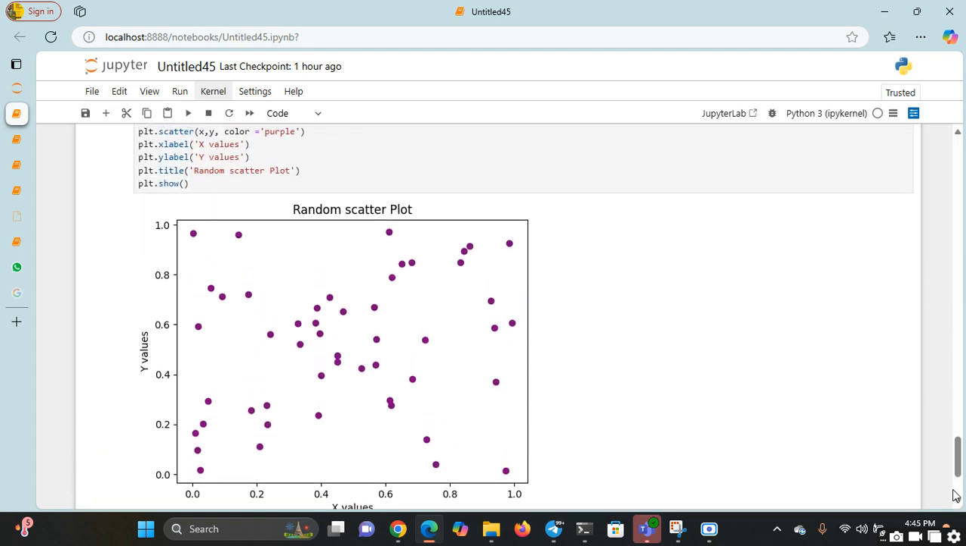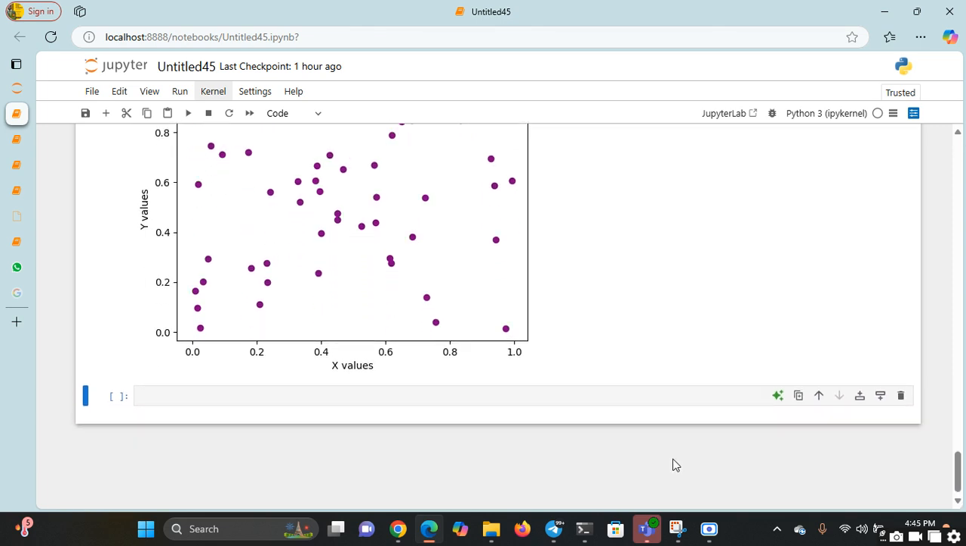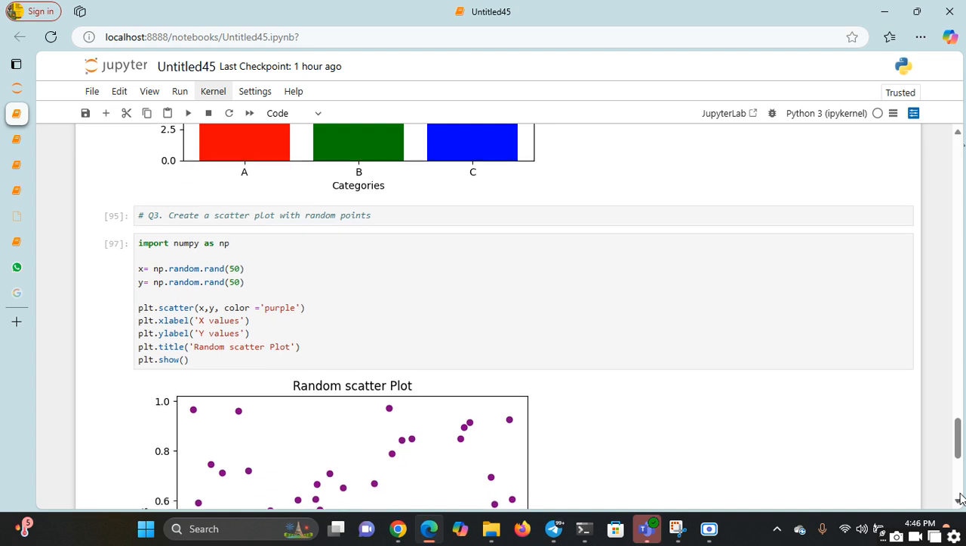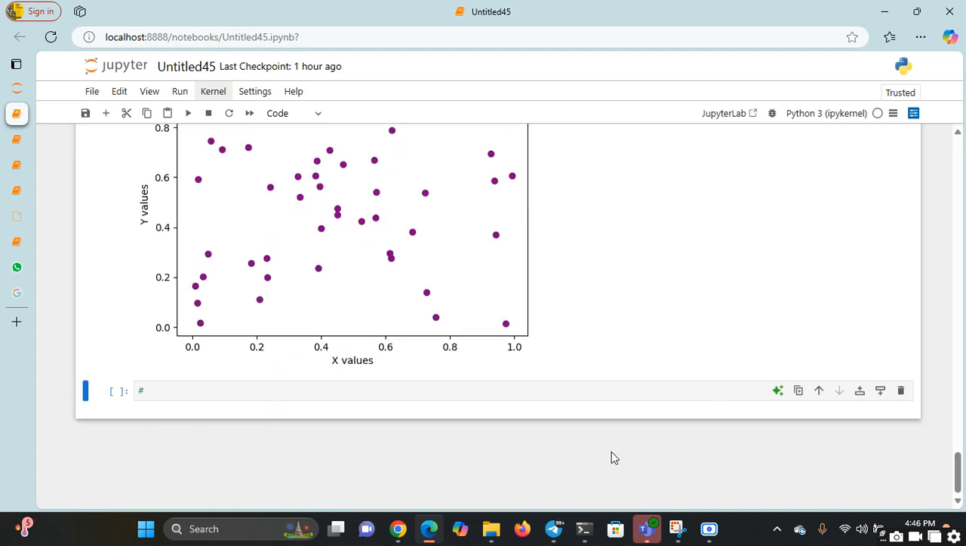So now let's move on to the next question, which is question 4. Have you written the code there? Shall I get there? So now let's go to question 4. Now question 4 says that